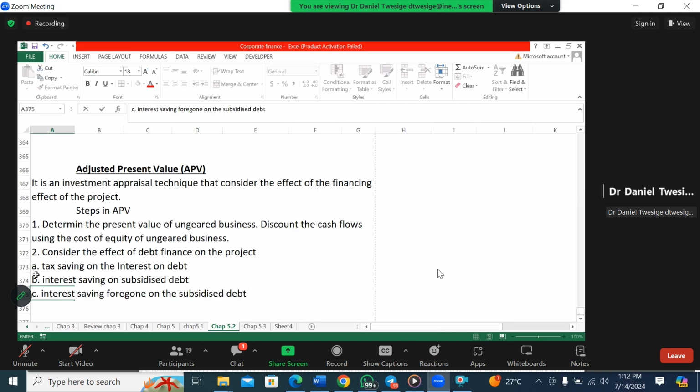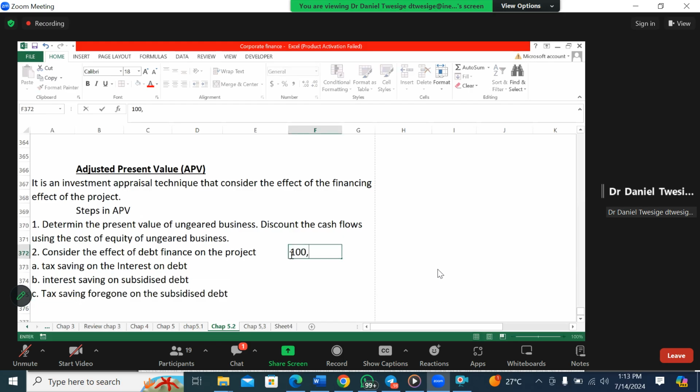Tax saving foregone on subsidized debt. That if you have got a debt, for example, if you are going to finance a